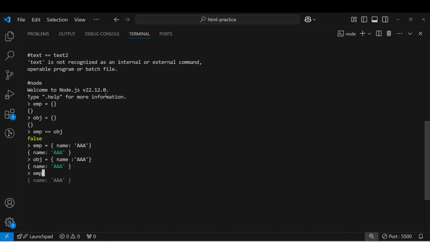Now also if we compare, we'll get false, not matching. This is what I meant to say. Irrespective of the content, objects are equal if and only if they point to the same address. Okay, now let's